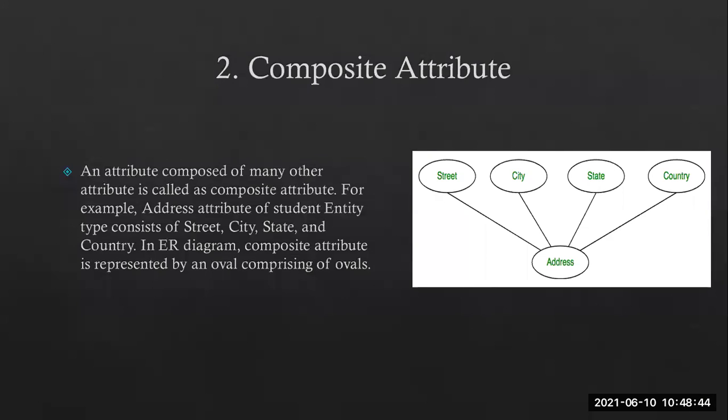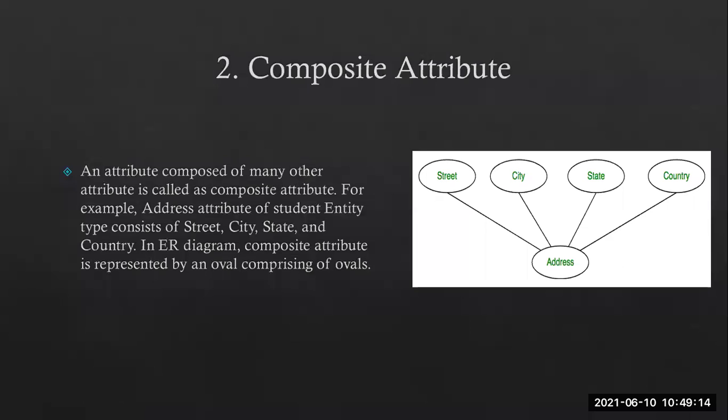You can have a look here, guys. So this is address. This address attribute is an attribute of what? Student. It is in the Student table. So what is happening again? This address attribute is getting constructed more, with some more classification. So when you classify this, you classify with the oval shape only, providing extra things which are street, city, state, and country. Okay, this is what is called a composite attribute.